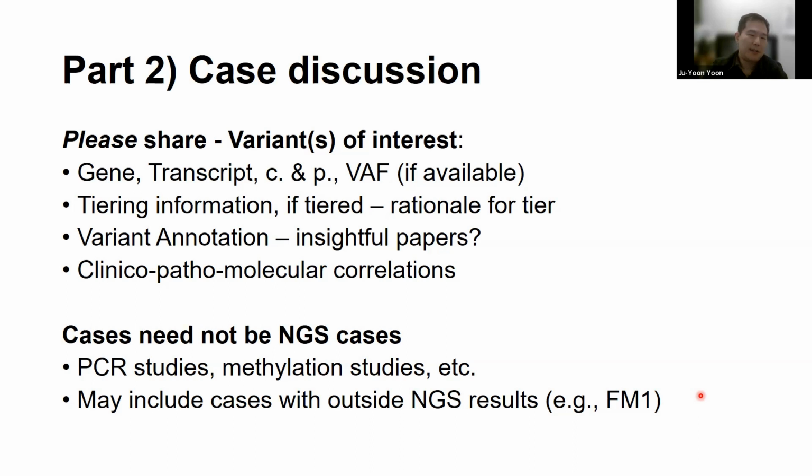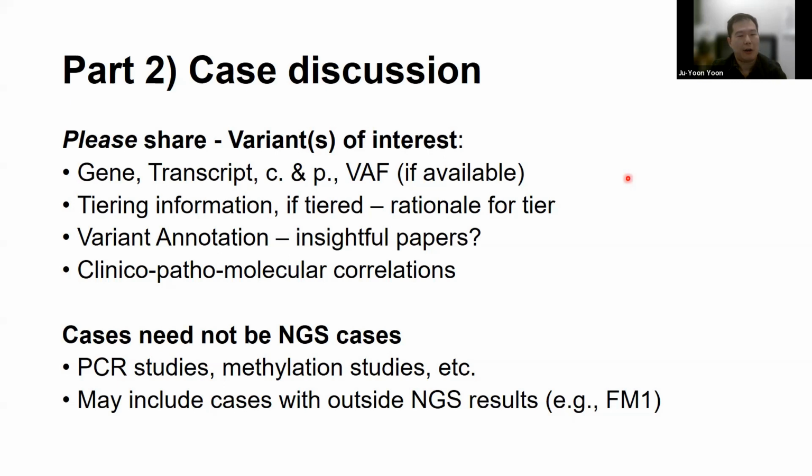And when you do present, I encourage everyone to share the full gene variant information if you're going to talk about variants. So that's gene, transcript, c dot, p dot, as well as VAF if that information is available. Knowing that there is definitely heterogeneity in what transcript we use amongst the different labs, even just in Ontario, by sharing full information, then we know exactly what variant we're looking at. So if there's a discussion as to how different labs may have tiered it, that discussion is facilitated.